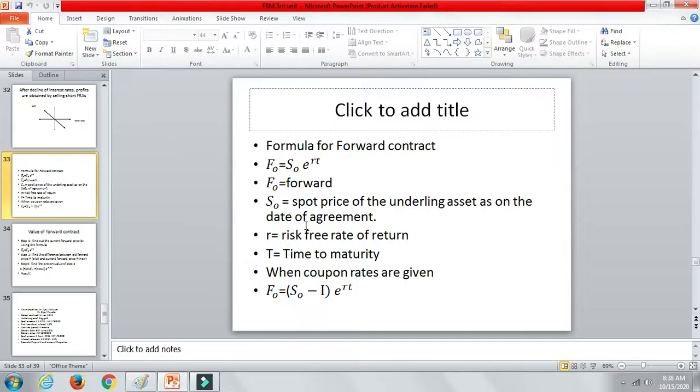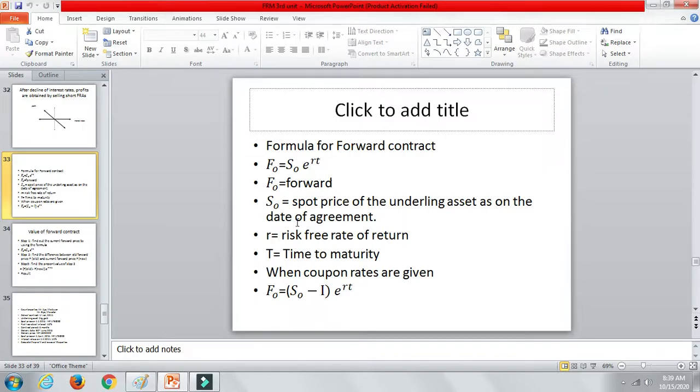Now e is nothing but your logarithm base. You are going to use the logarithm value over here, and I'm going to give you the table values, and in the examination hall also you can carry those table values. You have already used e and log in your school, in your 10th class maths, so I guess you're a bit familiar, but anyhow I'm going to make it clear how you use it. T is nothing but the time to maturity. R is nothing but the risk free rate. You substitute the values that the question has given you.